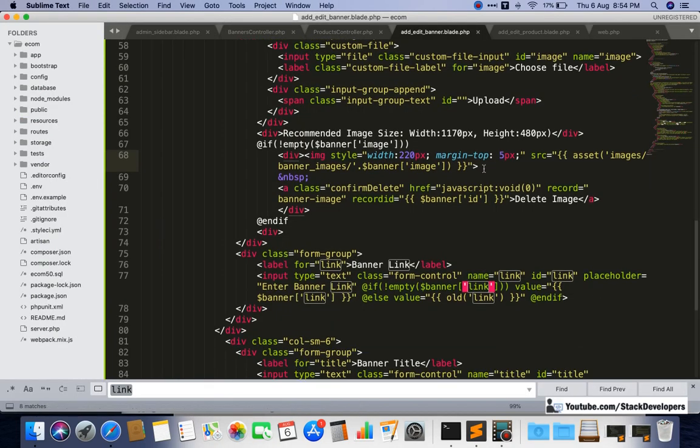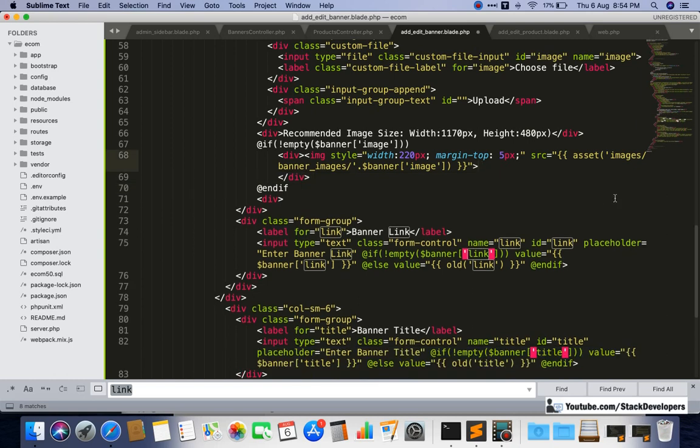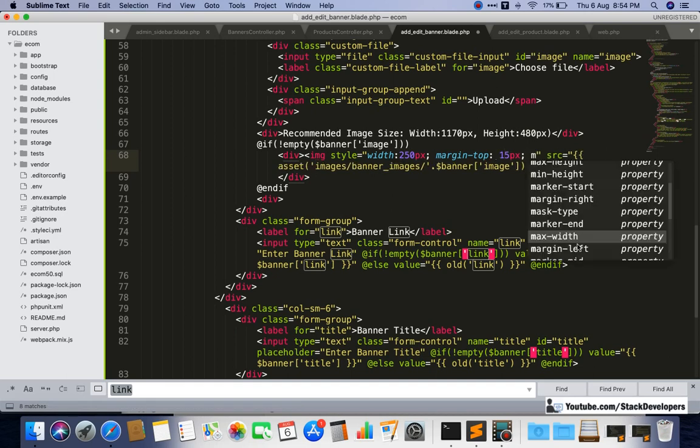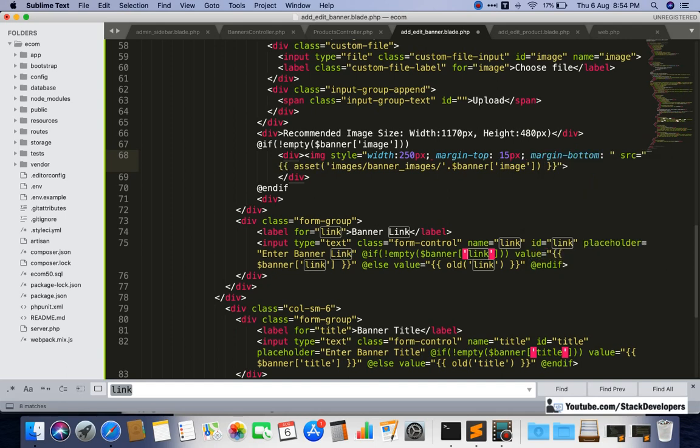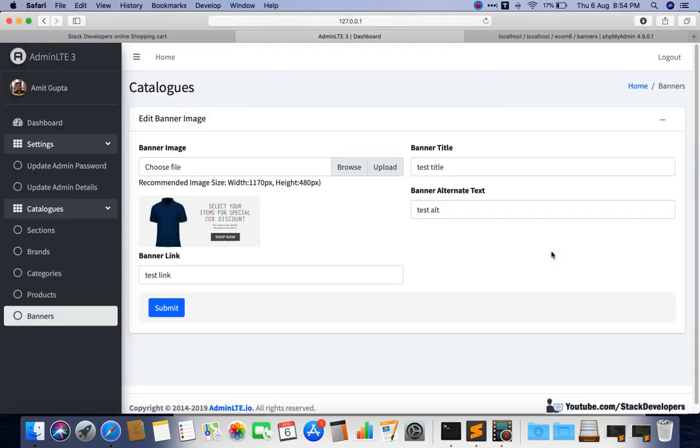Okay, so this delete image you can remove, because we will not delete the image from here. Okay, now it seems to be fine. See, the banner image is coming up.